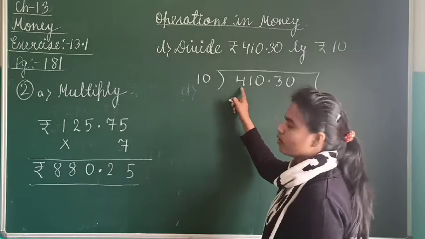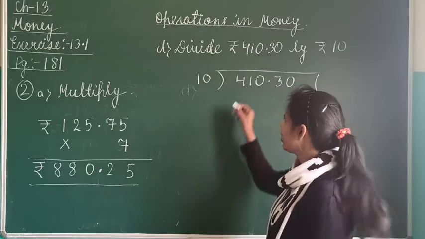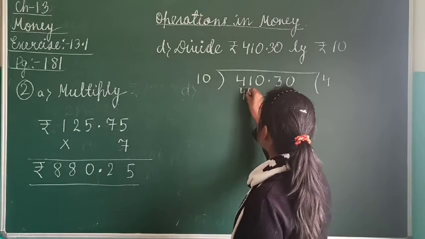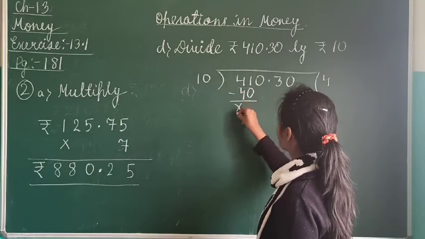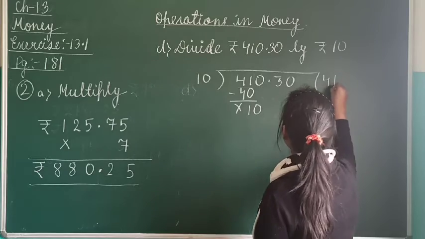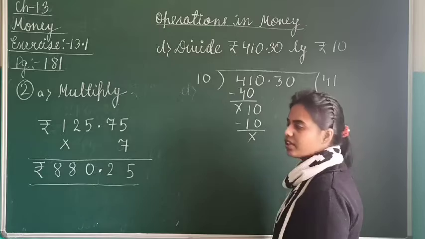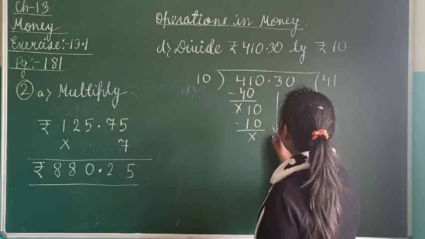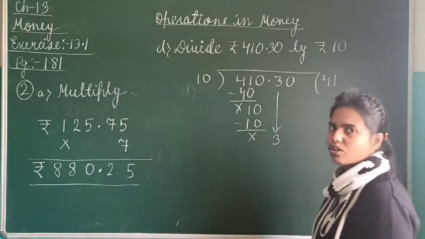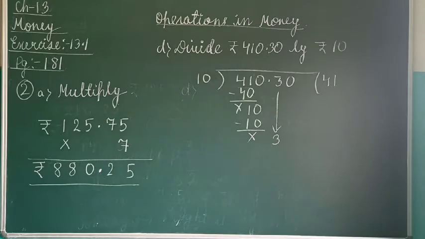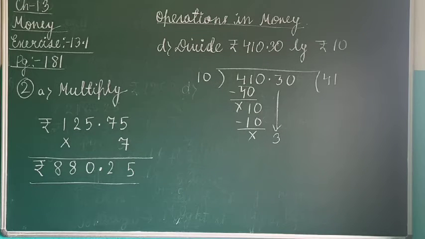In the table of 10, obviously 4 will not come. We will have to take 2 numbers together. Now 10 4s are 40. Minus, how much will you get? 0. Now 10 ones are 10. Done. Okay, this is over. Now we will bring 3 down. Alone you cannot do anything, so what will you do this time? We will bring one more number down there. But whenever we bring 2 numbers down, what do we do? We place 0 there.